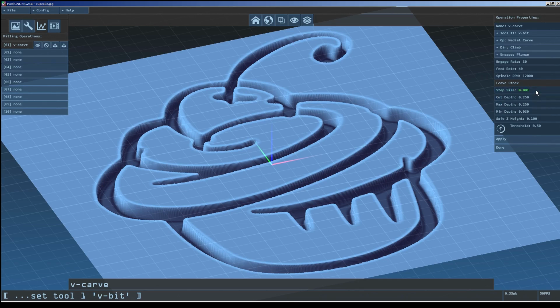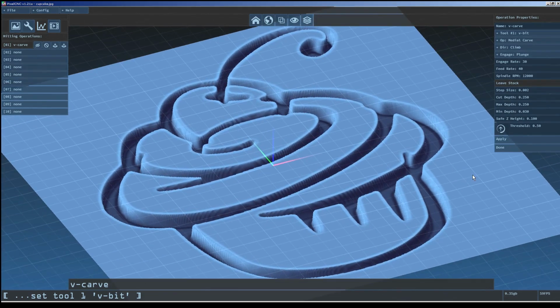Setting this between 1 and 5 thousandths should work fine. We'll use a step size of 2 thousandths. Our cut depth should be able to reach the full extent of our cutter's flute length, so we'll set this to 1/4 inch. If we were worried about too much force on our machine at this cut depth, we could